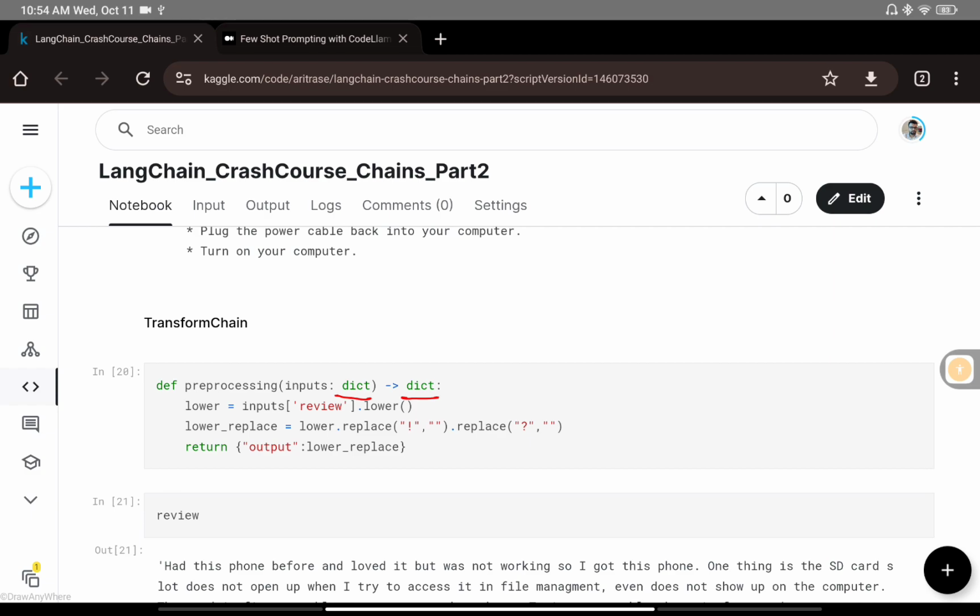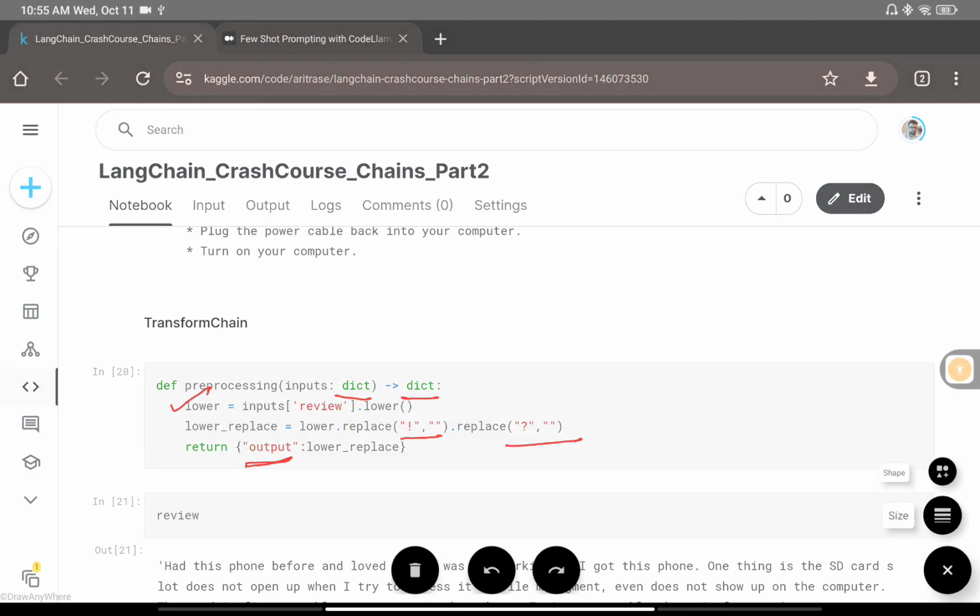So to work with the transform chain, your input also has to be a dictionary and the output you also need to send in dictionary format. So I'm creating a dictionary with a key of output, and then I am getting the output and sending it. The two operations which I am doing here: first I am converting all the text to lowercase, then I am replacing the exclamation marks with space, and also the question mark with space, right? So all this we are replacing, and then finally generating an output in the form of a dictionary,